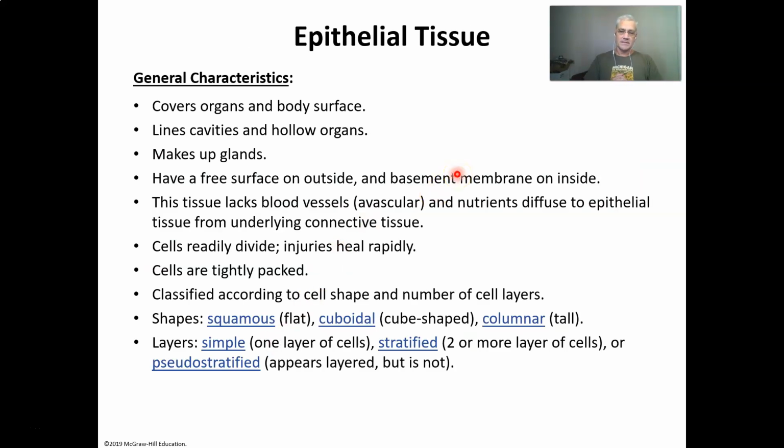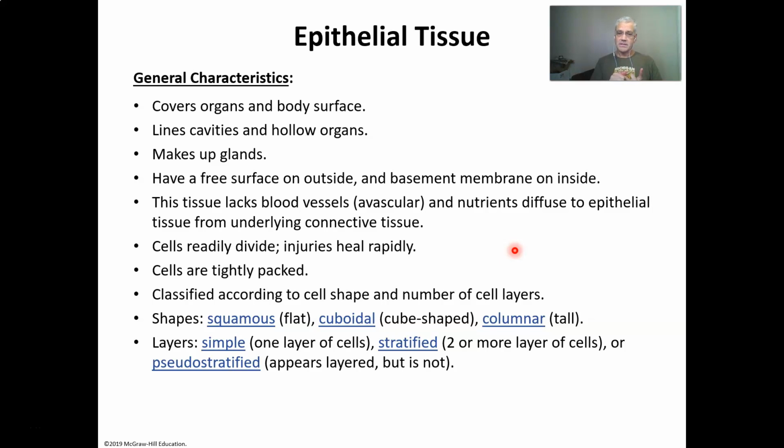Okay, epithelial. This is the first type of tissues. Epithelial cells are extremely important. One of their characteristics is that they do not have blood vessels. Blood does not travel directly to epithelial tissue. We're going to learn that blood supply is essential for bringing oxygen, bringing nutrition to tissues, and taking away waste